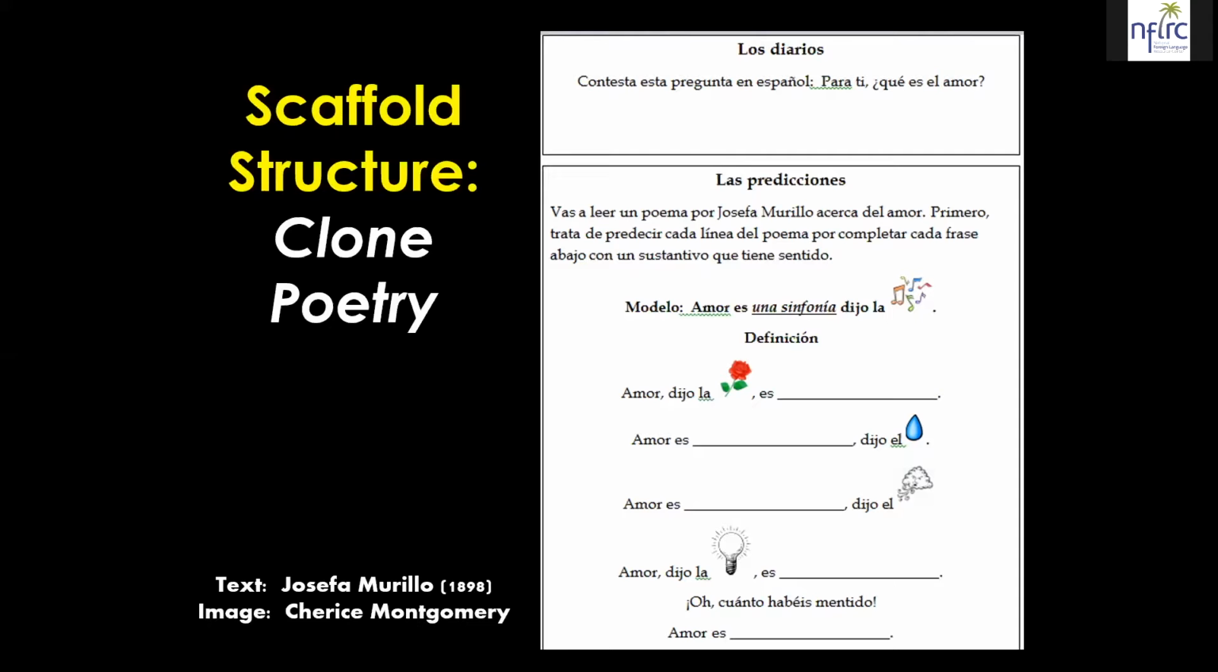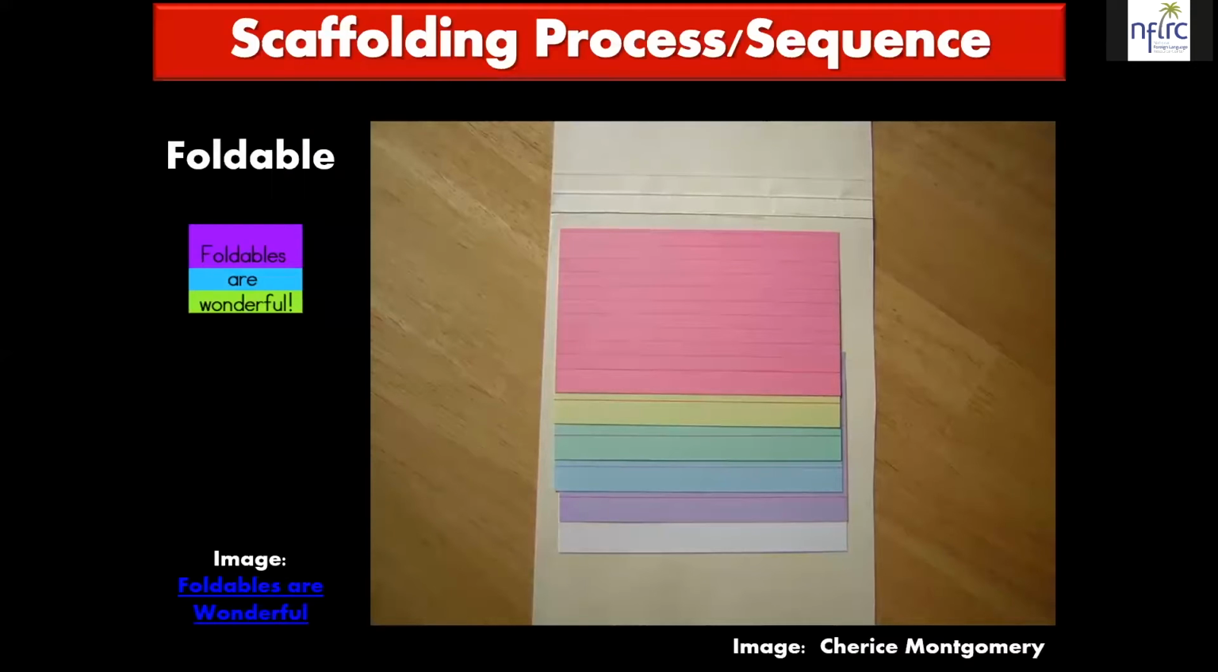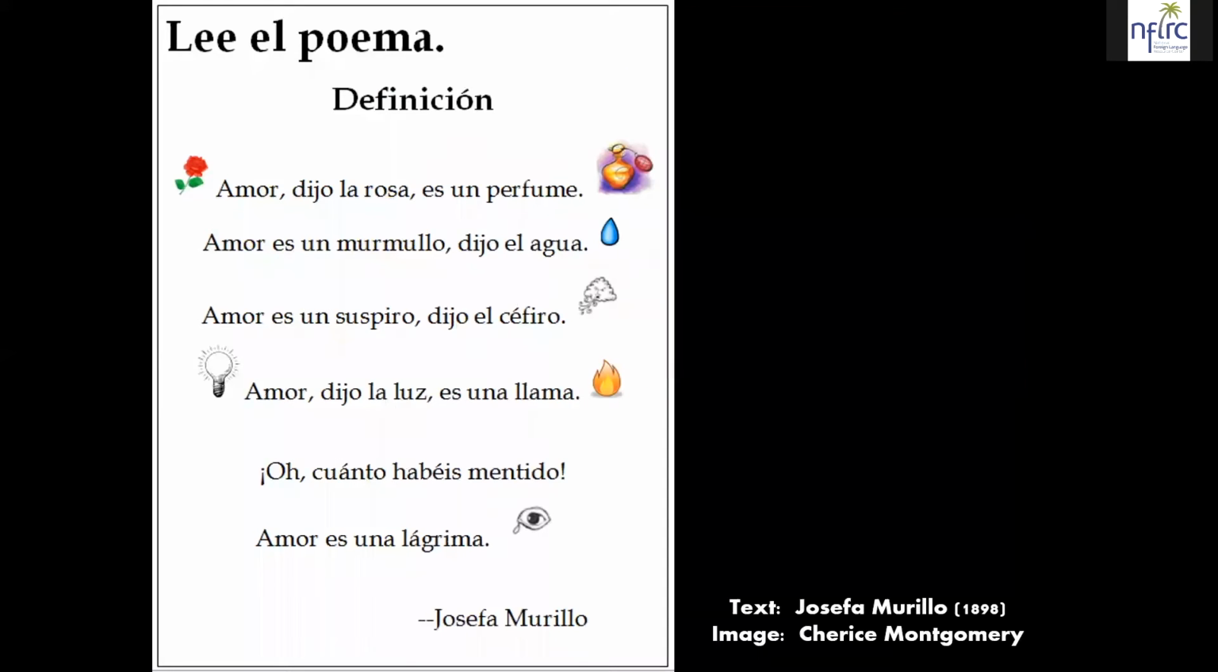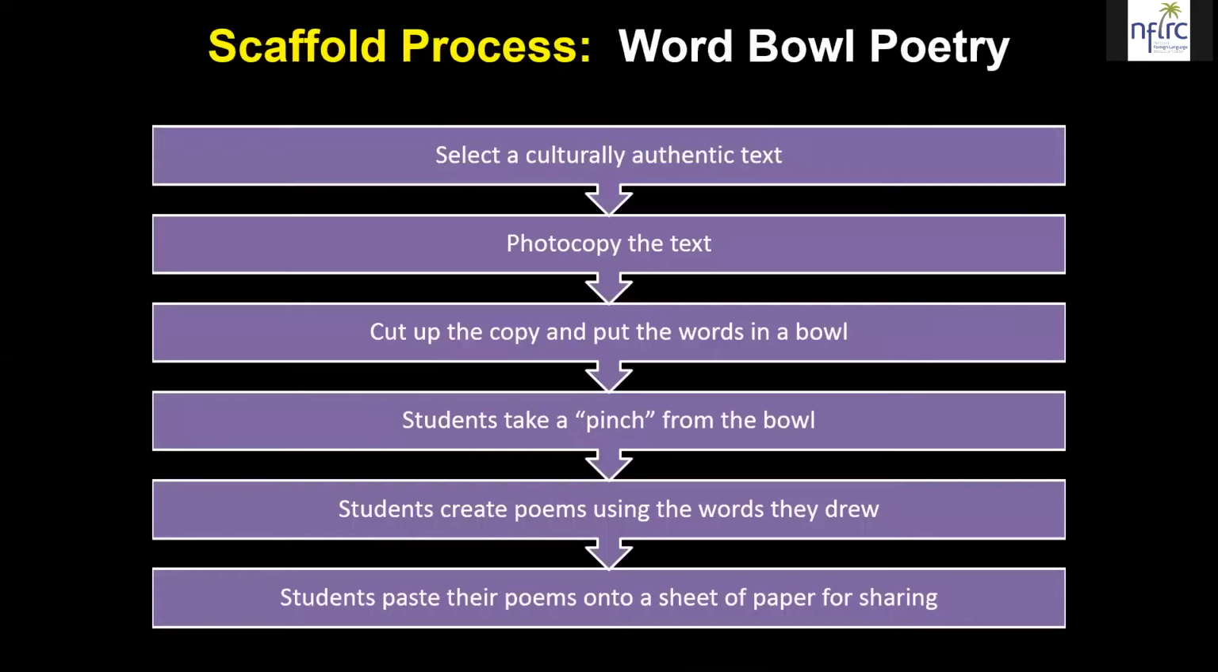So they're making predictions, which sensitizes them to the structure. And then we show them the whole poem so that they can see what the original author intended. And then they're going to write their own poem using a similar structure. We can do similar types of things with a